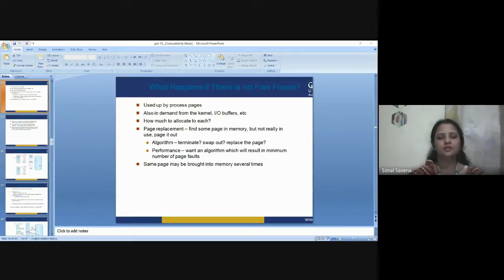So the size of virtual storage is limited by the addressing scheme of the computer system and the amount of secondary memory available, not by the actual number of main storage locations. Basically, it is a technique implemented using both hardware and software. It maps memory addresses used by a program, called virtual addresses, into physical addresses in computer memory.